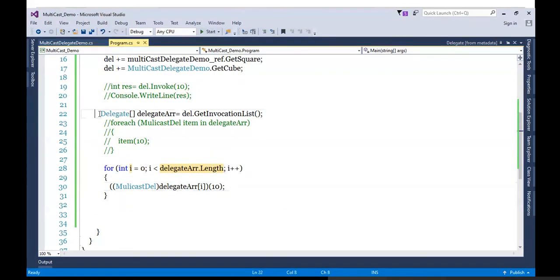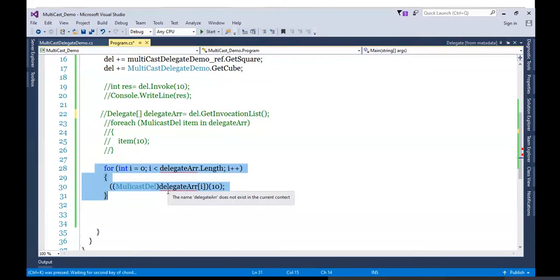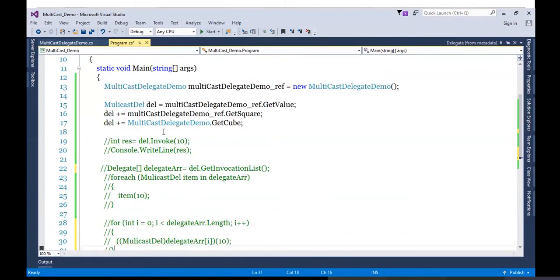In between, you are allowed to remove methods from the list as well. So how are you going to remove it? Watch. So right now, how many methods are added here? 3 methods are added. Let's say I don't want GetSquare. So I can directly remove this.